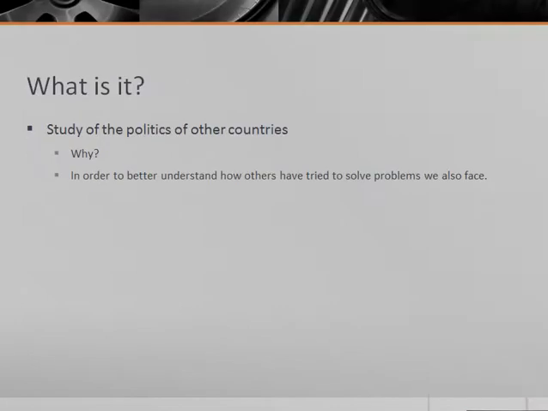So what is comparative politics? Well, put briefly and broadly, comparative politics is the study of the domestic politics of other countries. Why would we study the domestic politics of other countries? Well, many reasons, but at least one reason is to better understand how they have tried to solve problems that